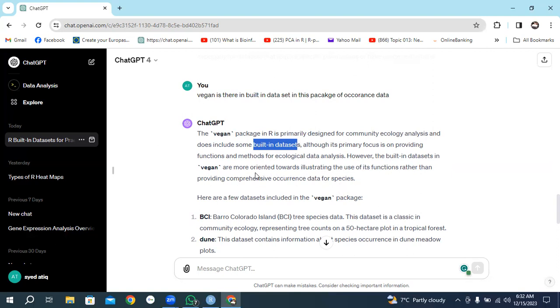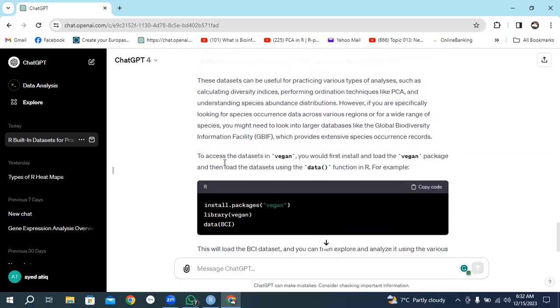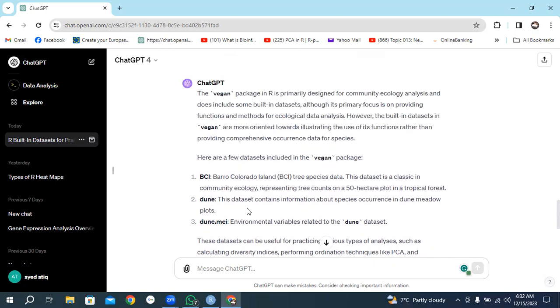So he's telling us about the vegan package. Its function is ecological community analysis, but it also has sample data sets for analysis. You can find here three data sets he provides: the BCI data set, the Dune data set, and dune.env, environmental variables related to the Dune dataset. So we need a different type of dataset for this analysis. Let's check the BCI dataset, copy BCI,